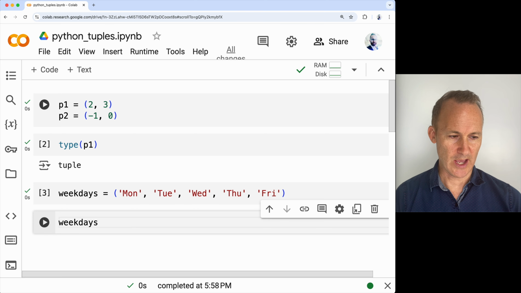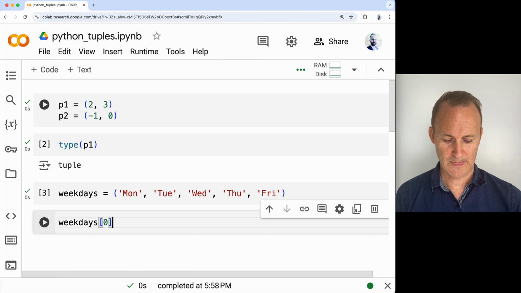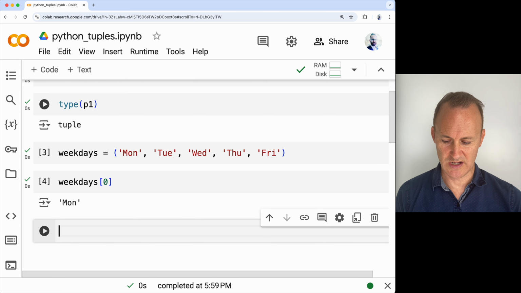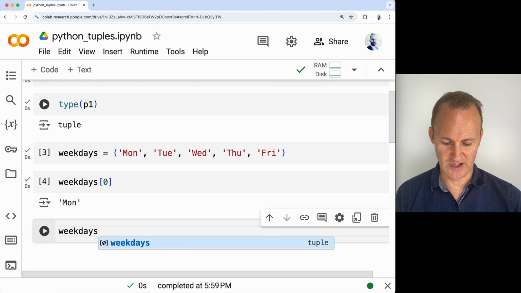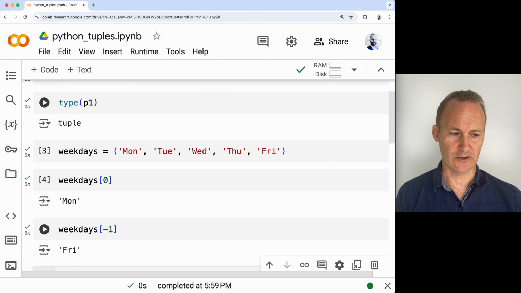Okay, we have a new data type here. We've actually seen it before with functions when we had more than one output to our function. It was stored as a tuple. And just like with lists and strings, you would index it with the 0. Okay, so that should give us the first element. First day of the week is Monday. And we can check, will the negative indexing also work? Give us the last day of the week. Yes, we here get Friday. Okay, so,